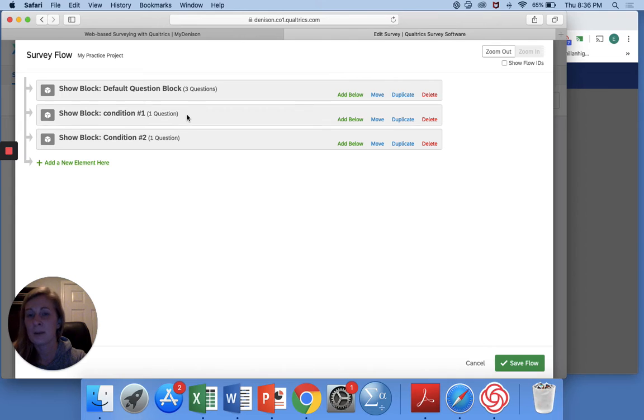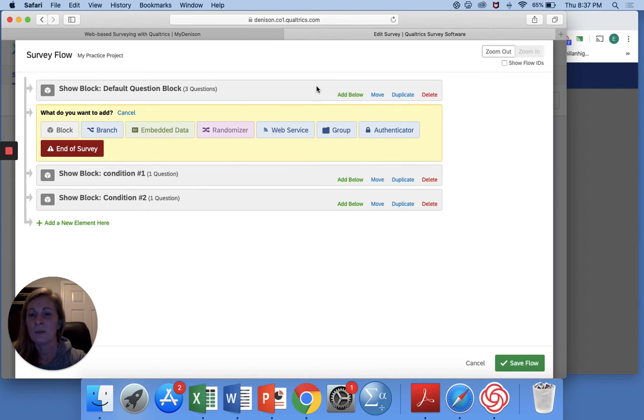I didn't give it a name, so that's why it says default. And then I have the 2 blocks I named, condition 1 and condition 2. So what I want to do is somewhere between here and when I want to introduce my conditions, I need to add a randomizer. So I'm going to hit add below,